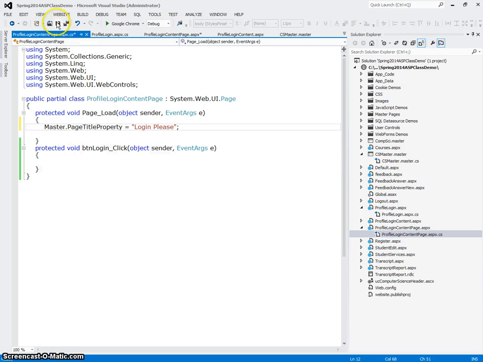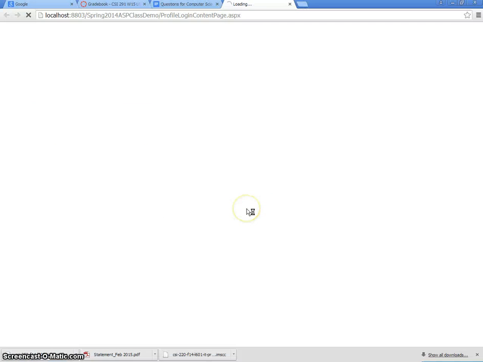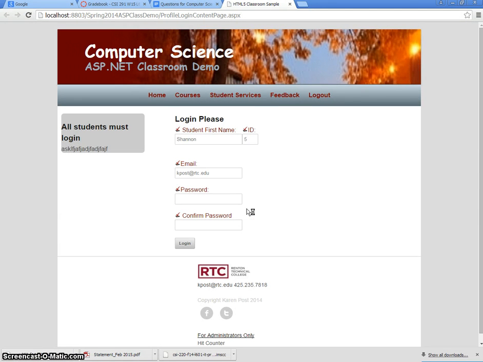When I do that, I'm going to save it, I'm going to build it. It builds, and I'm going to view this page in the browser again. And when I do that, you can see